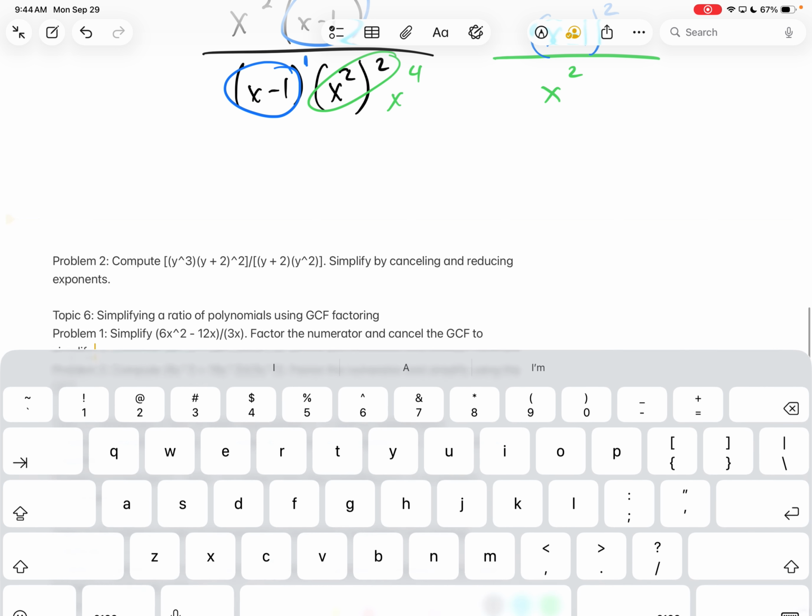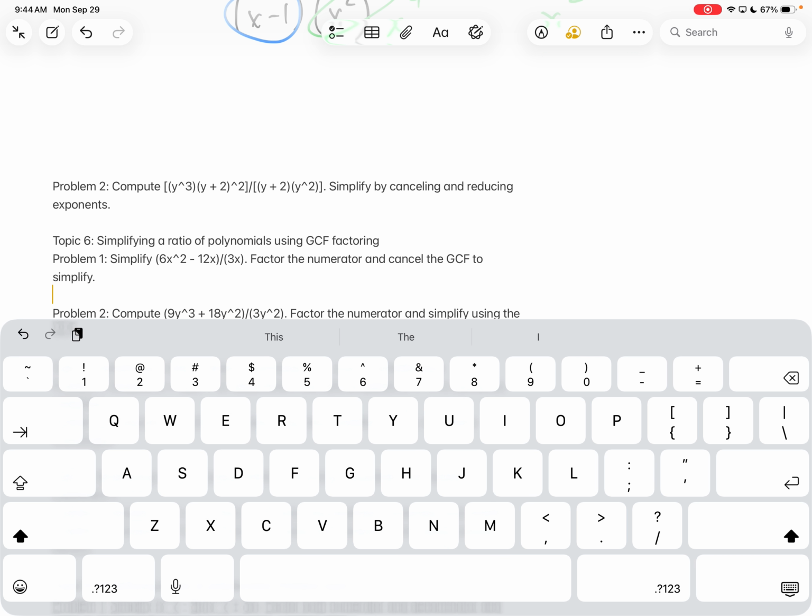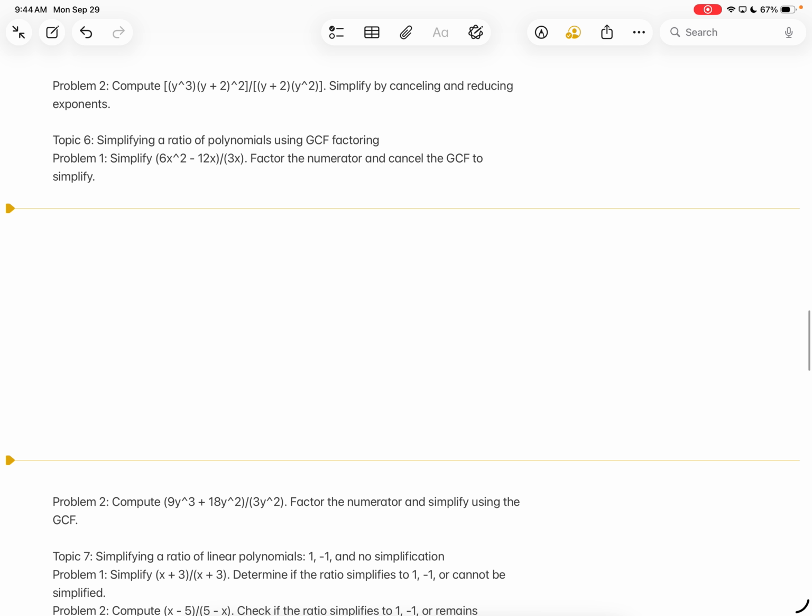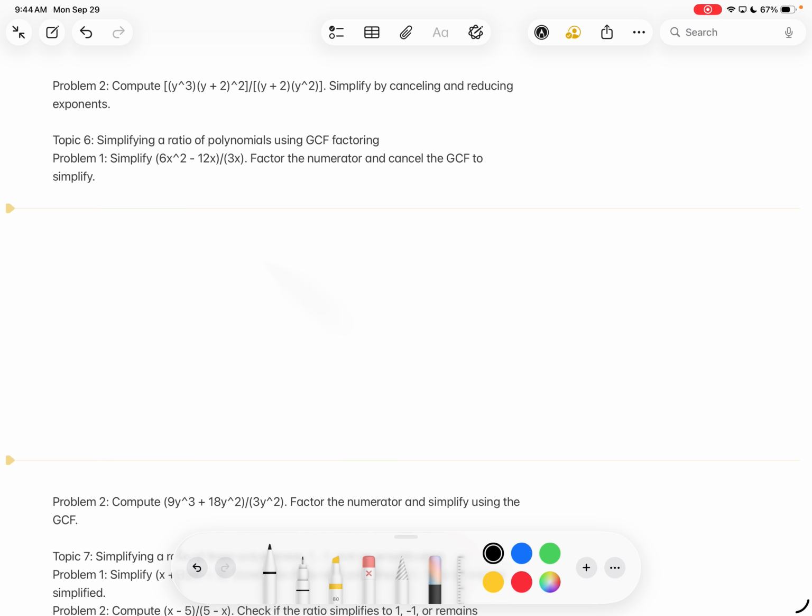And don't think you'll run into that too much. All right, so the easiest way to do these when you start simplifying is to simplify the top, simplify the bottom, and then cancel the stuff out. So if on the top, I could pull out a GCF of